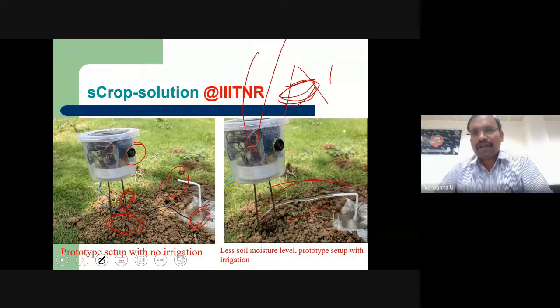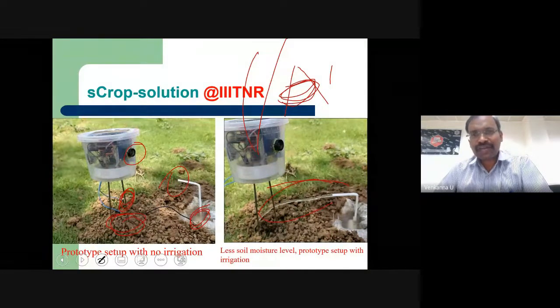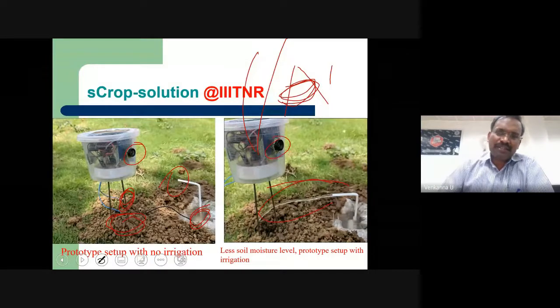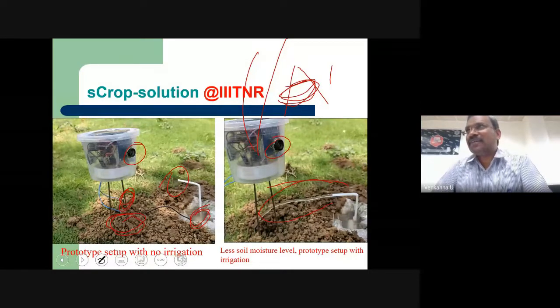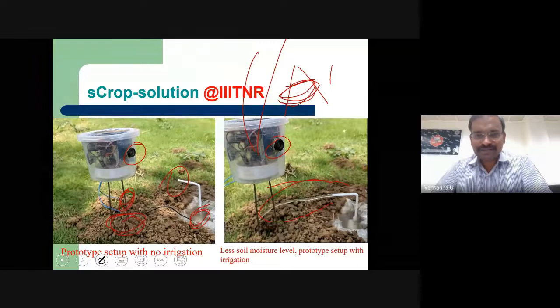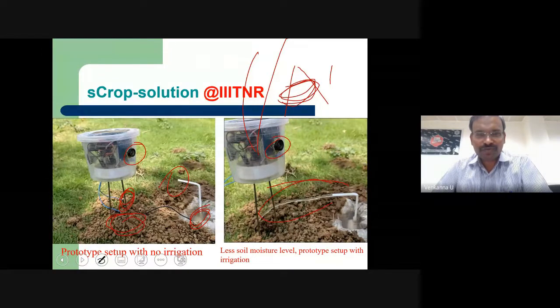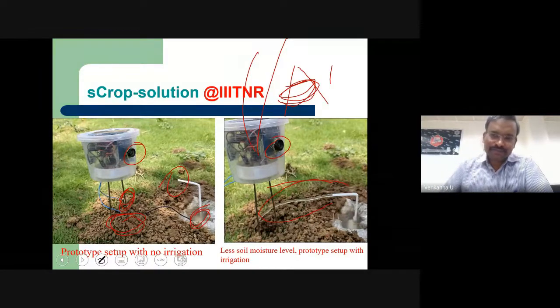This is a small prototype we deployed. There are a lot of research questions in your mind. Sir, you take a camera, and this camera will capture photos of only one side of the plant. Yes, I agree. But this is a prototype to check whether my idea is practically feasible or not. It has its own challenges to bring it to a complete product.